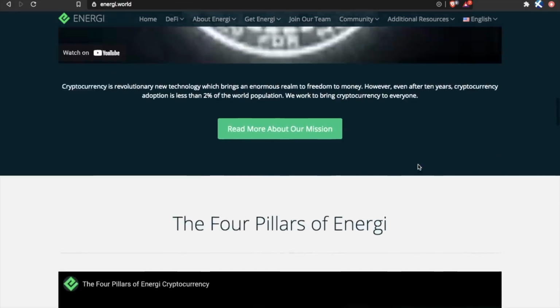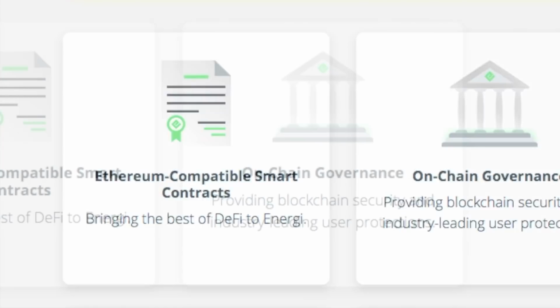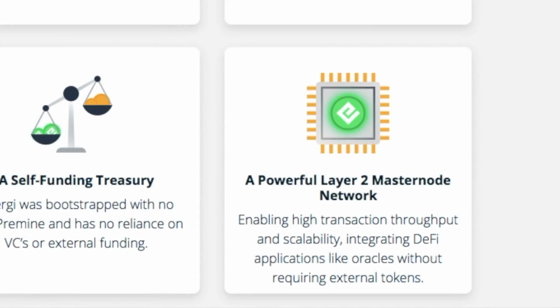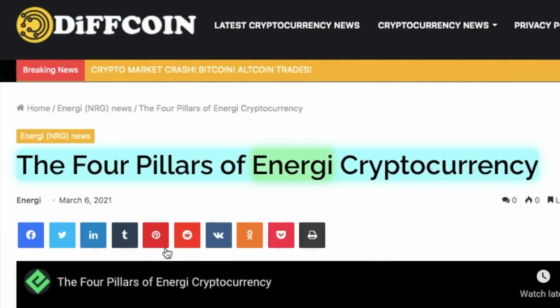Okay, I get it. These 4 pillars are what make Energi different. And I know what you're thinking. You're thinking, Austin, other cryptocurrencies certainly have smart contracts. They certainly have some form of governance or some form of staking rewards for user retention. How is that different? Well, Energi focuses on maintaining the balance of each of the 4 pillars of the Energi